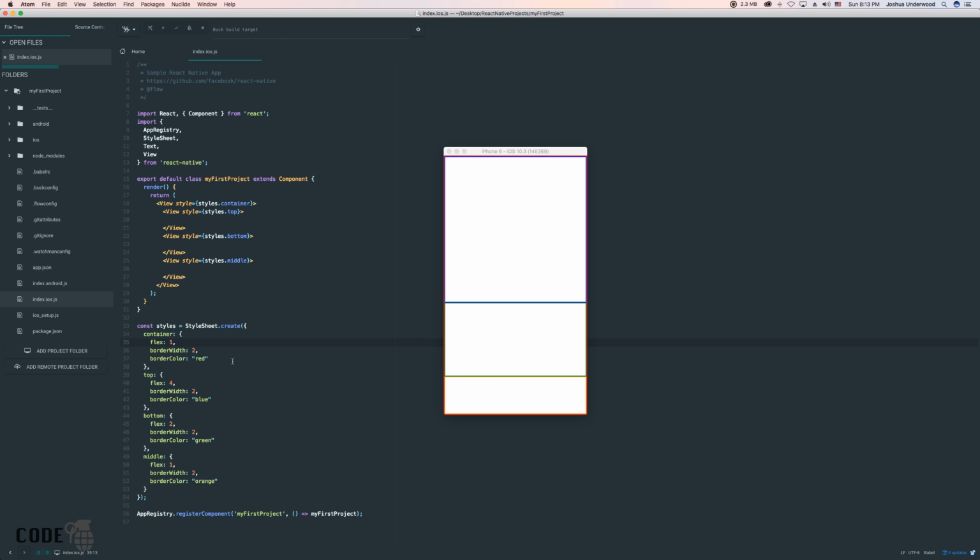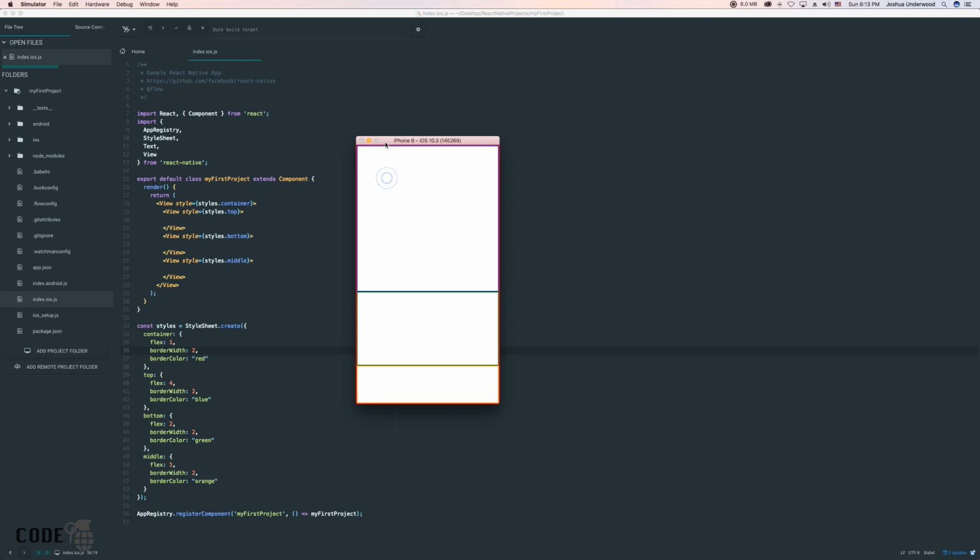So one of the things that I should also cover here is you see border width, and I'm using 2. I'm not using 2px, not 2em, not 2 inches, 2 feet, whatever you want to call it. The units that are used in React Native are auto-calculated, and they're pixel density independent. And what that means is, the iPhone 6 might be 750 by 1334, I think is the actual